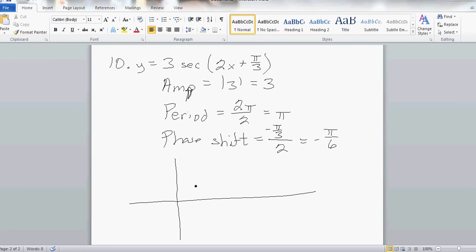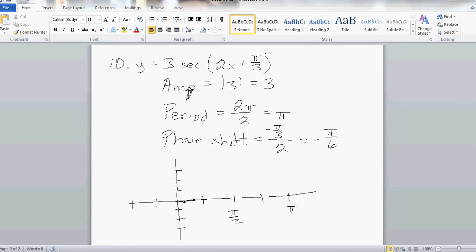Okay, so my amplitude says I'm going to go up by 3 and down by 3. I'm going to make 4 marks on the positive end to represent my entire period. The period is pi. So this becomes pi over 2. The phase shift says go to the right, pi over 6. Well, pi over 6 isn't quite so easy to figure out. Pi over 6 would be 1/3 of the way from 0 to pi over 2, or 2/3 of the way from 0 to